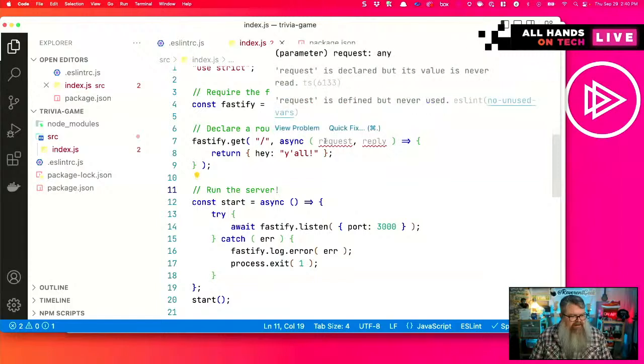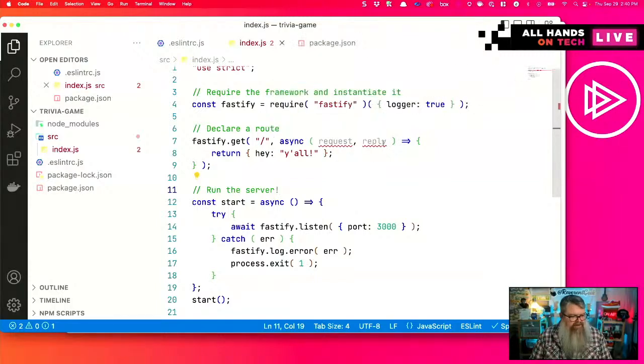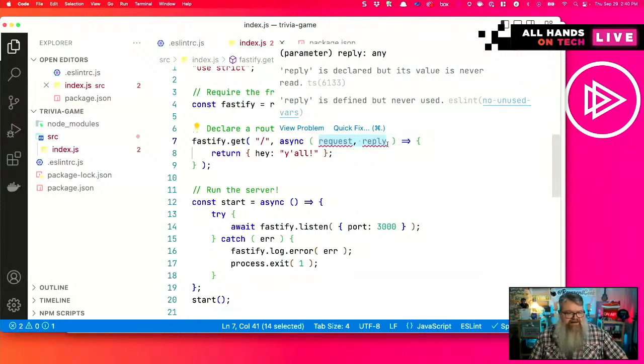By the way, I didn't mention this earlier, but there's a request and a reply, and those have some red squigglies like there's something wrong here. The thing that ESLint is complaining about is we're not using the request or the reply, and that's fine. We don't have to use those right now, but as part of the documentation, it's nice to know that there's a request and a reply object that we can use as part of fulfilling whatever our request is.